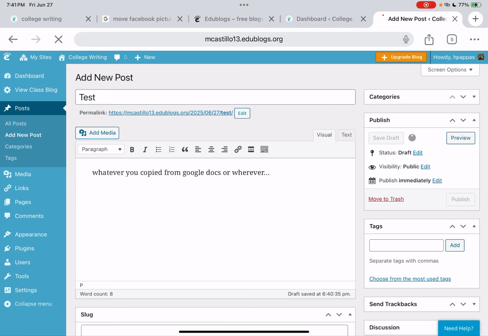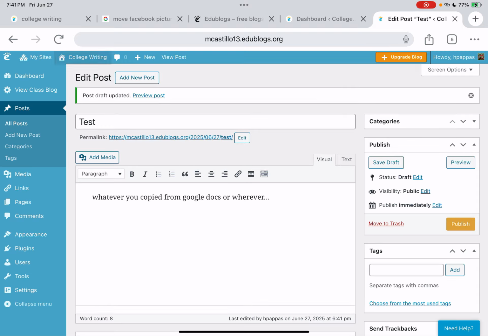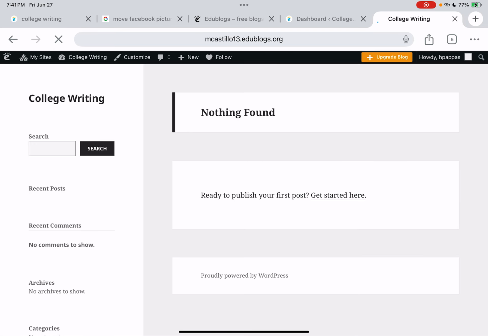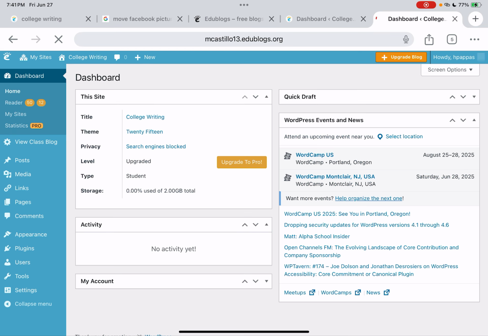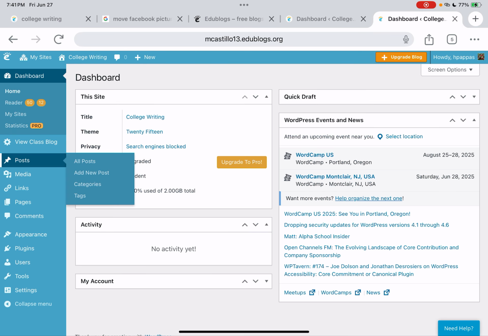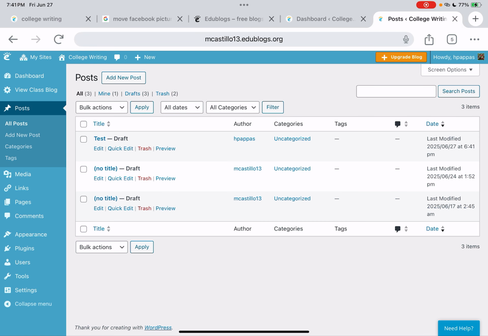That will not publish it, so if we go to the outside, you can't see it, but it's still there. If we go to Posts and All Posts, we can see these drafts. Now it looks like she's started a few things that she hasn't done. So this test draft, this is the one I did. If I wanted to get back into it to add more stuff to it,